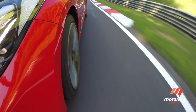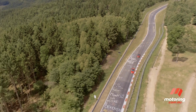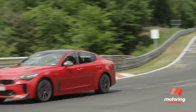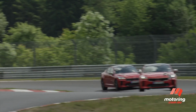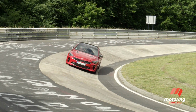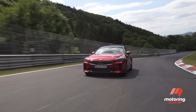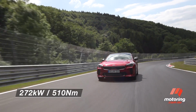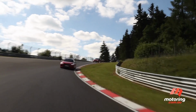If a car isn't tuned properly and doesn't have the right fundamentals, then this 20.8 kilometre roller coaster will tear it apart. But the rear-wheel drive Stinger GT's dynamics have been developed on this ultra-demanding circuit, and it shows. The Stinger GT has remarkable handling poise, good steering and a potent drivetrain. Hey, it's not super quick and they only gave us one lap, but there's no doubt the fundamentals are well